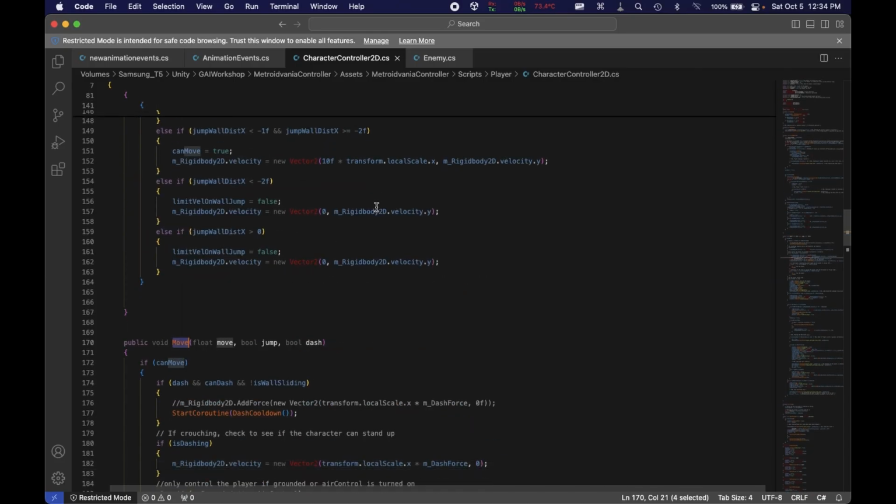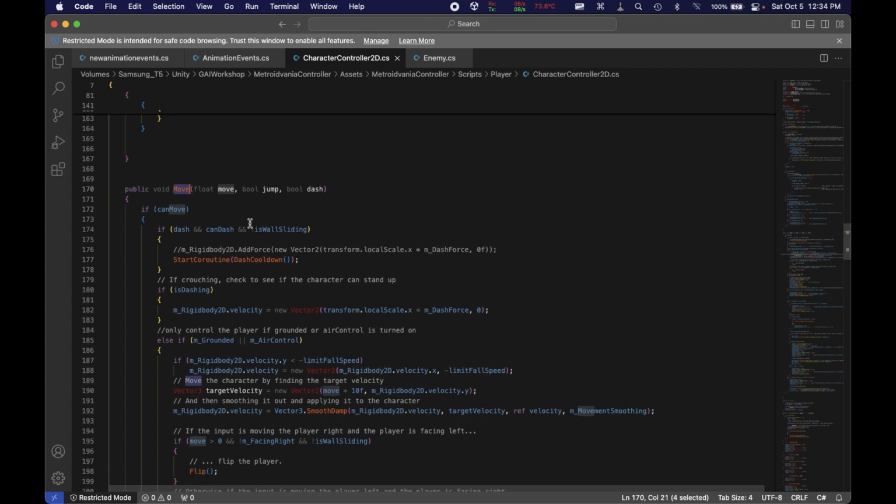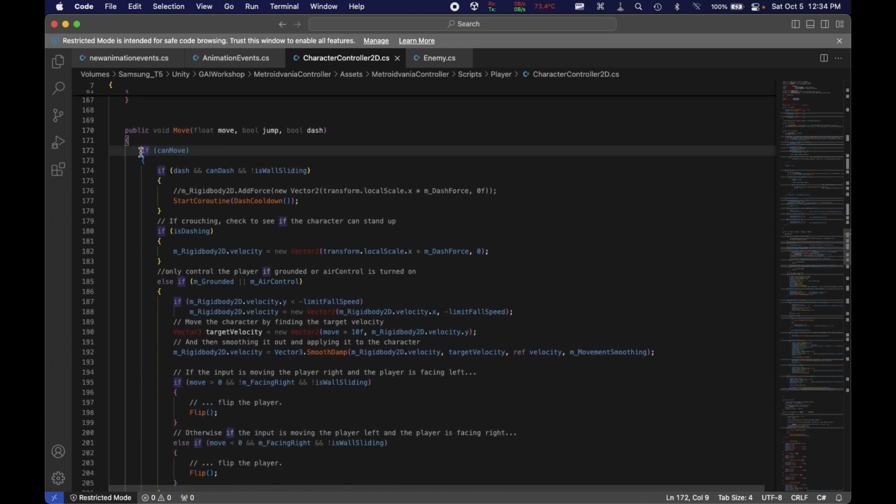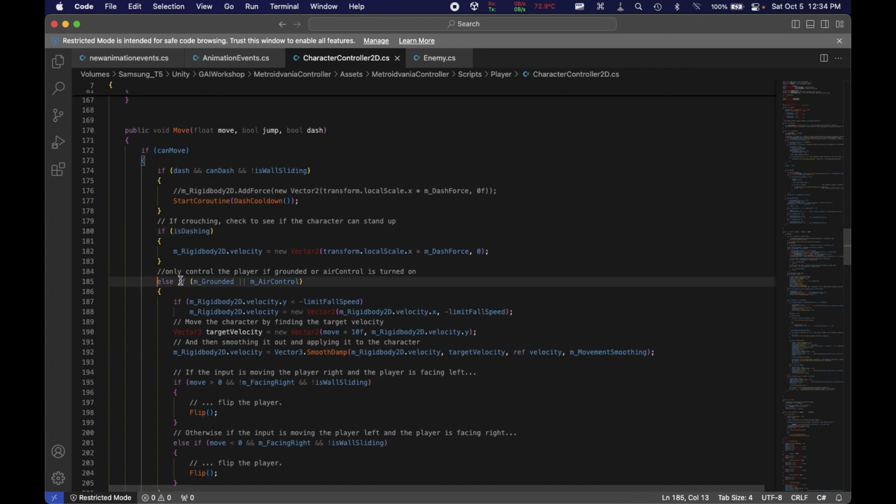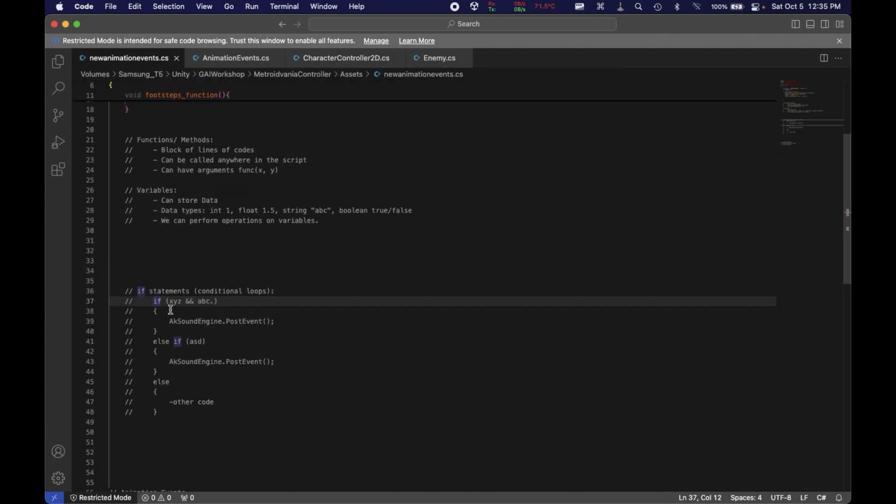Below the Update and Awake functions, you'll see there's a function called Move, inside which now there's this new concept called an if statement. It's using a lot of if statements to define conditions. Now how do if statements work? Let's see that first, so we can come back to this and understand more about how to post our jump function. What we are saying to Unity here is basically that if whatever conditions are defined here are true, only then go ahead and execute this block of code,